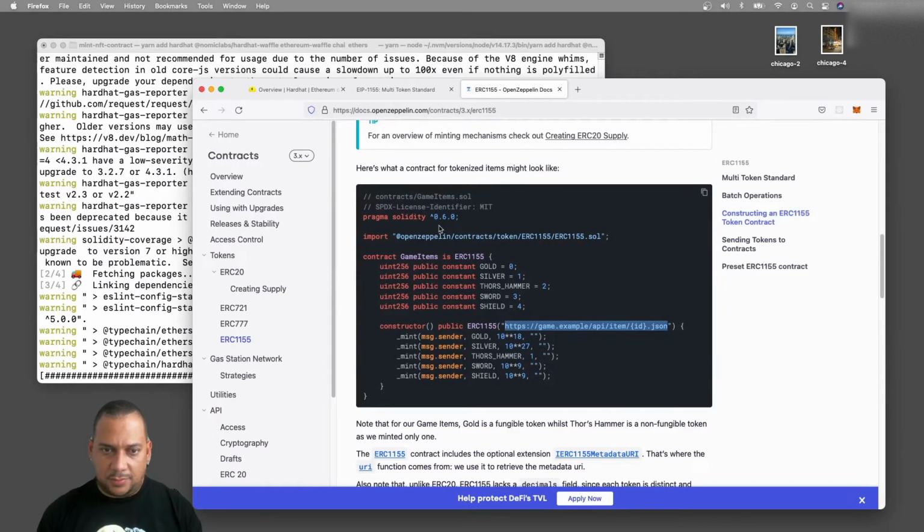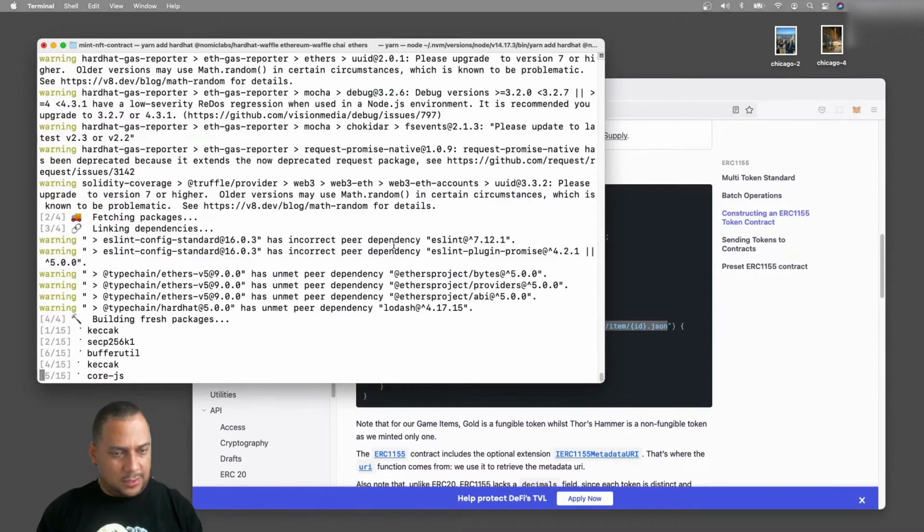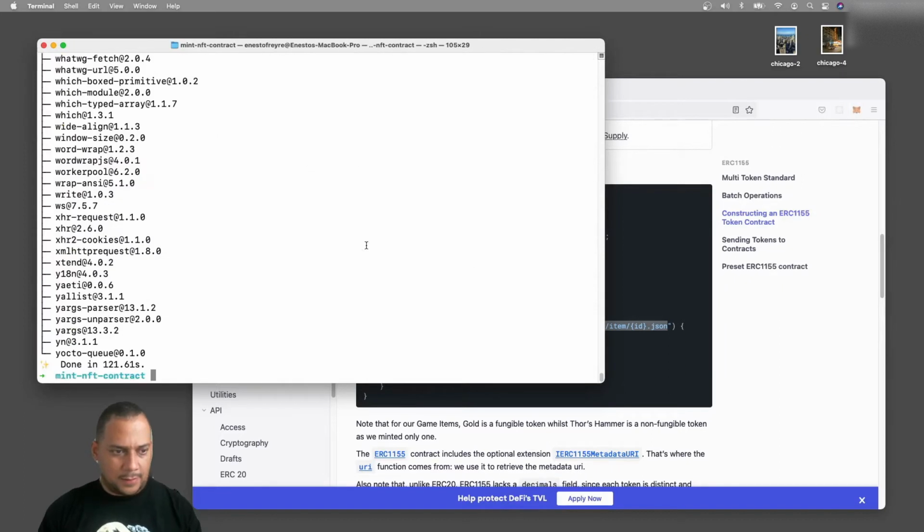Actually, we can pretty much copy paste from this contract. I will leave this page open right here so we can reuse this on our contract. So let's wait for this to finish. I think it's almost done. Almost there. There you go. Now we have